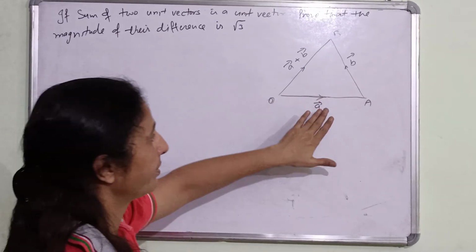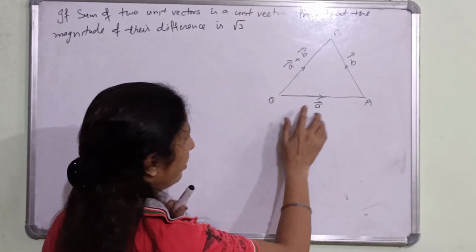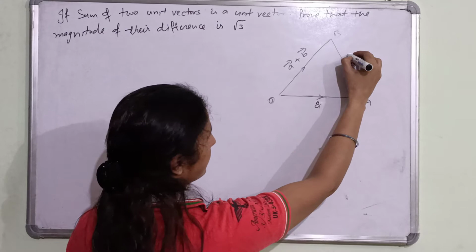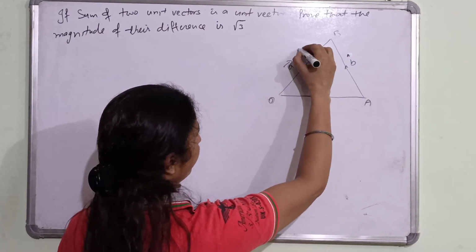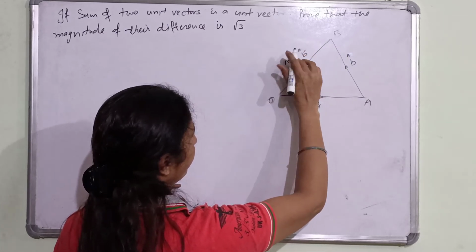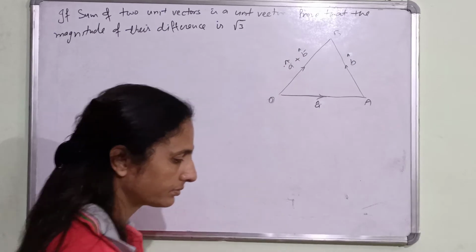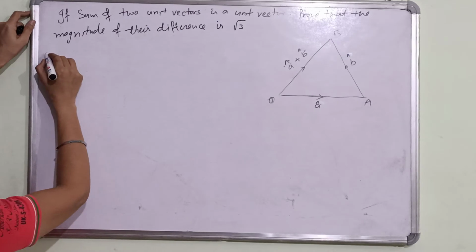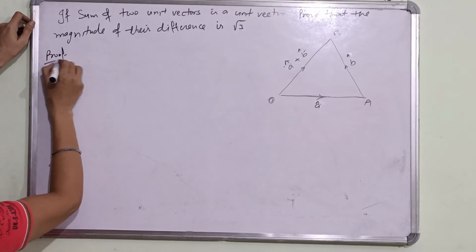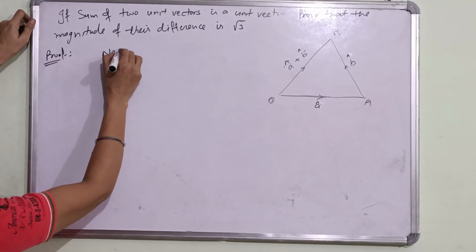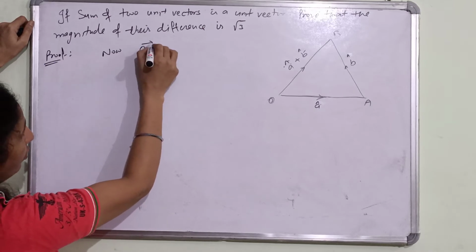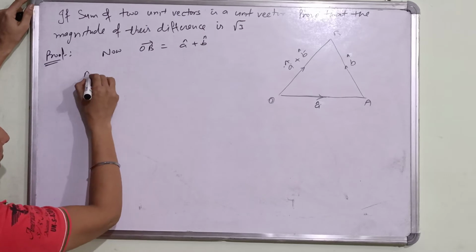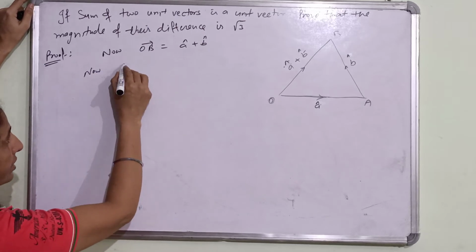First we have to check, because these are not just vectors, these are unit vectors. Given these are unit vectors, first we have to check the proof now. OB is equal to A unit vector plus B unit vector. Now because they are unit vectors, so obviously